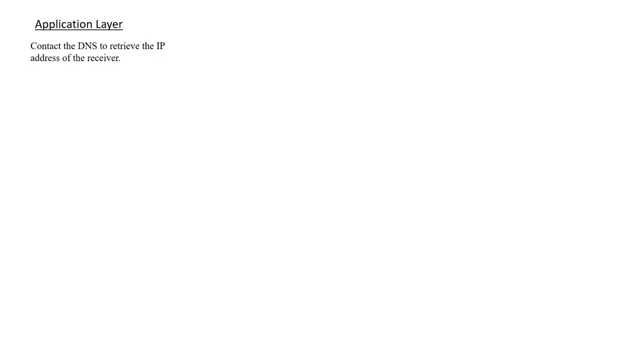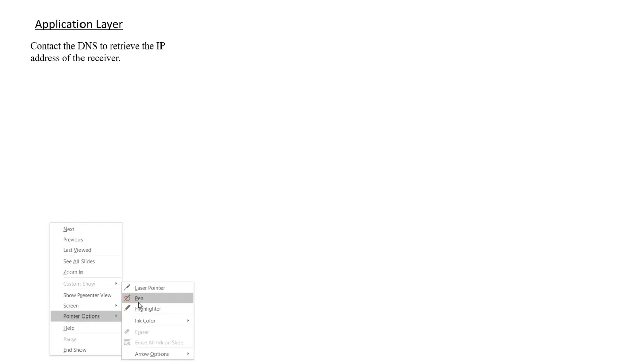Now I haven't given the IP address of that computer where the files are hosted. So naturally, the first task is to retrieve that address of the computer or the server where the files are hosted. So in order to do that, we use